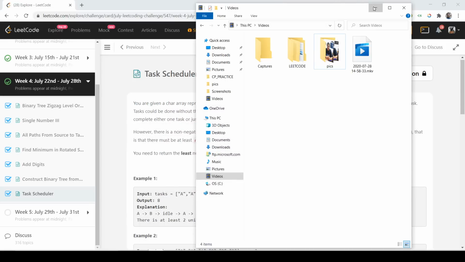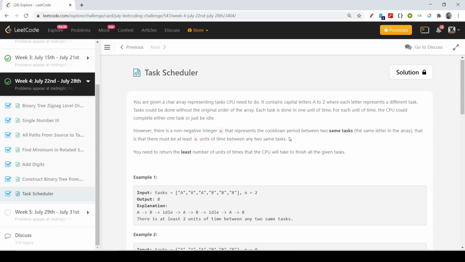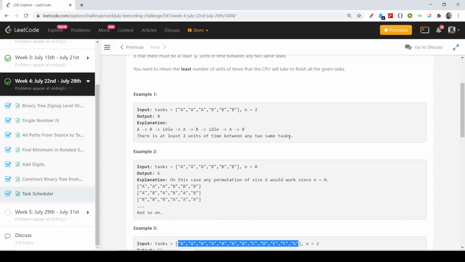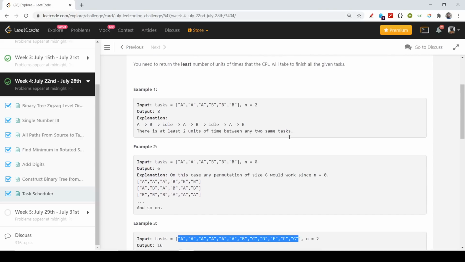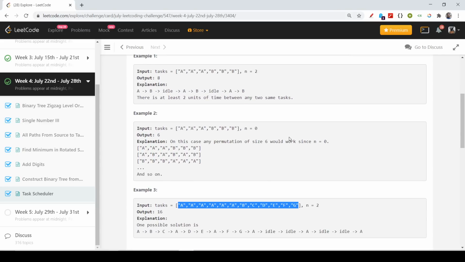So hello friends, welcome back, and in this video we are going to see another LeetCode problem called Task Scheduler. What this problem says is that we have multiple tasks and we have some particular interval, which states that to execute the same task I have to wait for this particular interval, which means that, for example,